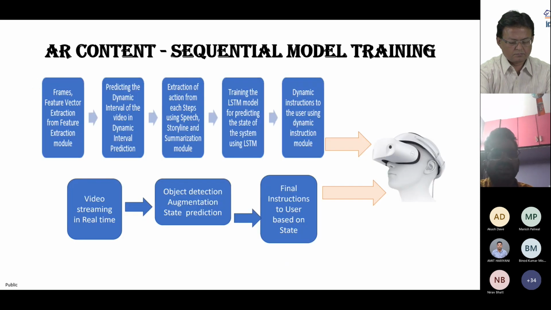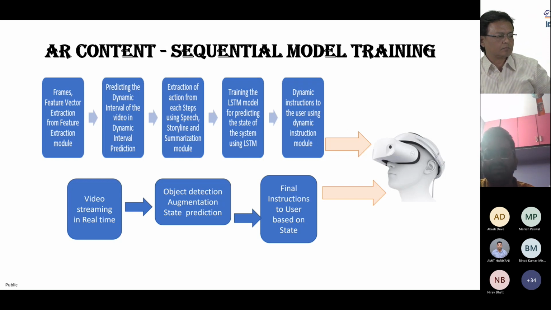Once the user views the real-time streaming data, what will happen? The segmentation happens offline. Once we have all the content pushed into the AR devices, then we do the real-time streaming. Once we have the object detected and the action associated with that particular object, the workflow will be played as augmented content on top of it in the spatial world. The action is like remove the battery, remove the choke, and those are the actions which will be played. Based on that, the user will be performing all the repair and maintenance